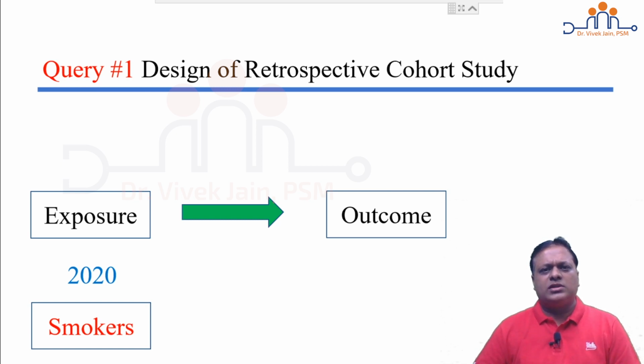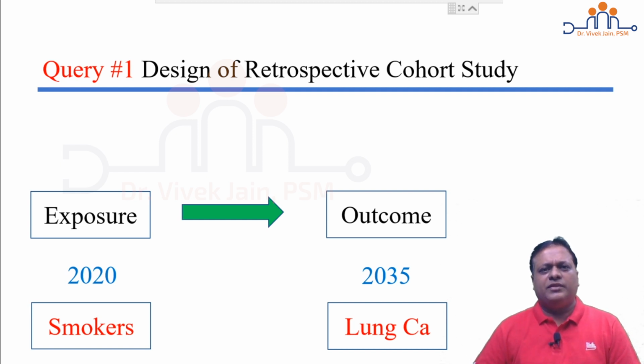So I take smokers today in my city. How do I take? Easily I will find smokers in adult population. So suppose I select 100 smokers. If someone starts smoking today, will he develop lung cancer tomorrow? No. So my scientific knowledge tells me that cancers require generally 10 to 20 years of exposure. So let me wait for 15 years in my same study group in the same city. So after 15 years, in 2035, when I go forward from 2020 to 35, I will see how much outcome occur, how many of these smokers develop lung cancer.